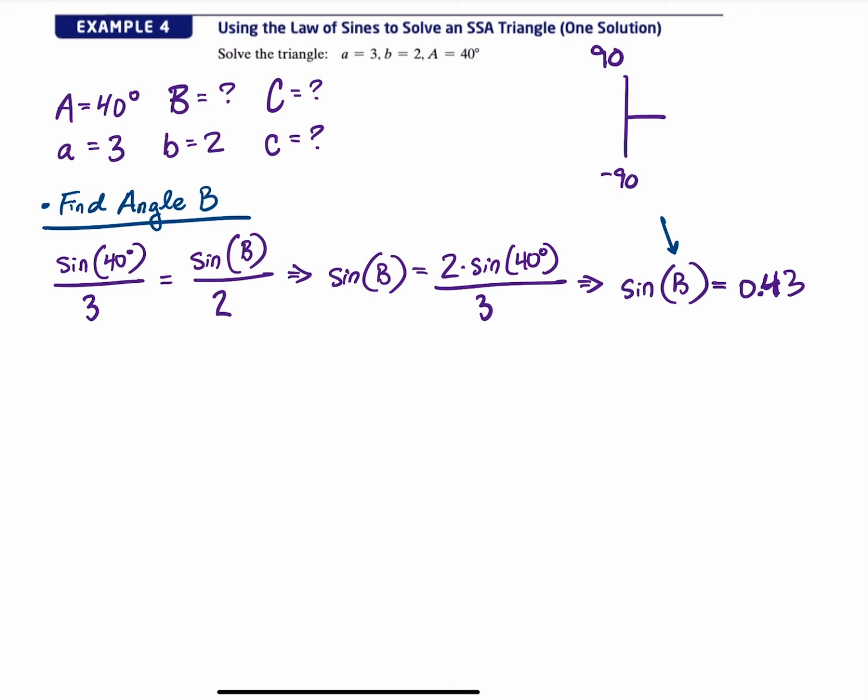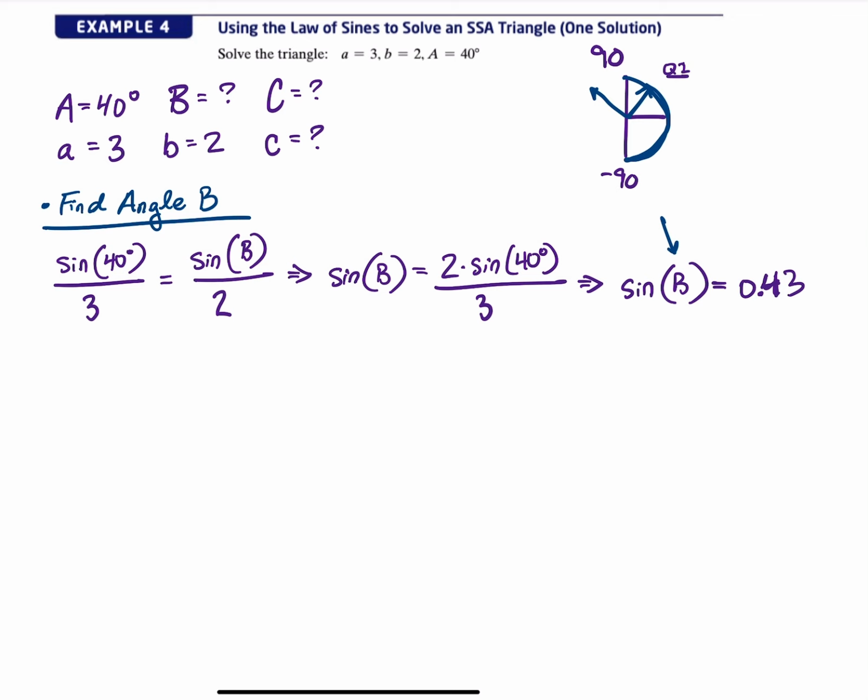So negative pi over 2 and positive pi over 2. So we'll only get values in this particular range. But as we know from working with the unit circle a lot, there's two different angles that will give you the same sine value. If the value is positive, there's an angle in the first quadrant